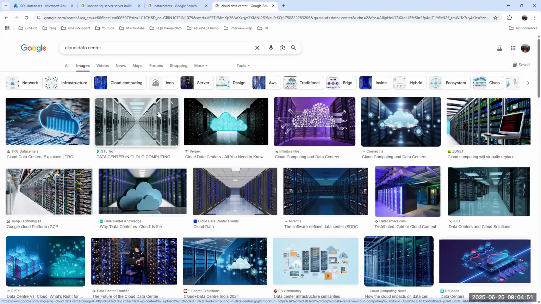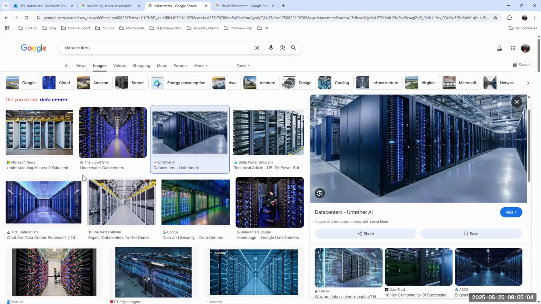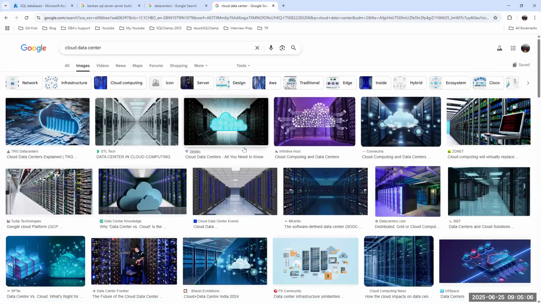And even now, the banking sector is mostly running hybrid environments. Half of the data they keep in their premises, half of the data they move to the cloud. They maintain hybrid data centers.